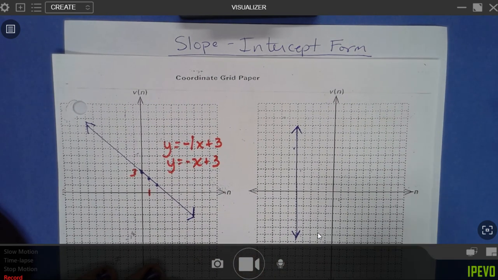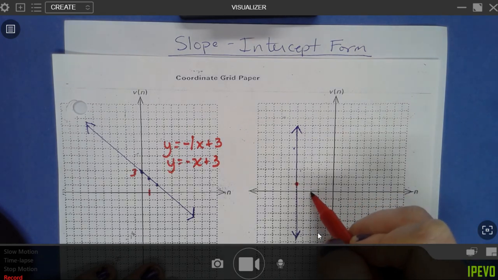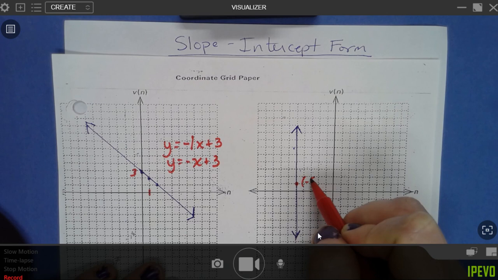Well, what about this one? Do you see how this is 1, 2, 3, 4, negative 5, 0, or 1,